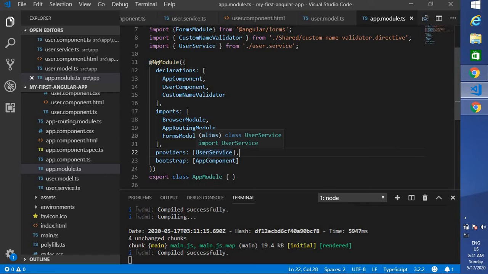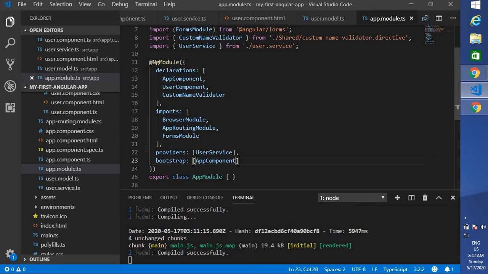For example, you are running this application with 5 to 6 components or modules. If you register at the root level, the user service will maintain the same state across all of them. It will not have a different state in each and every module. This is one way to register your service in our Angular application.